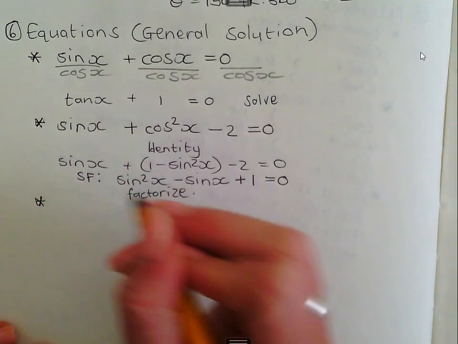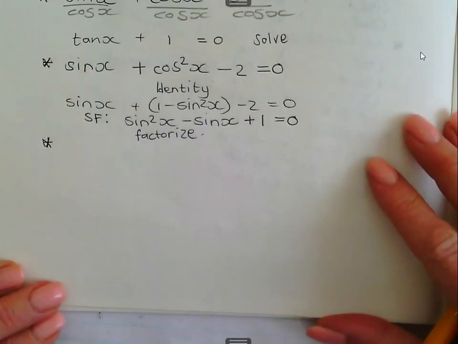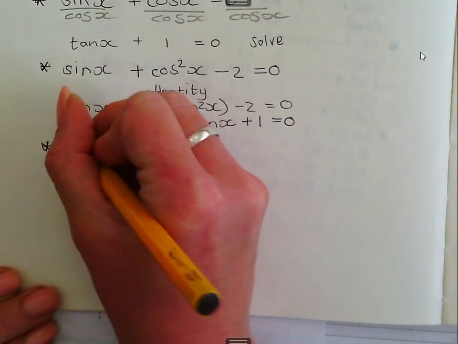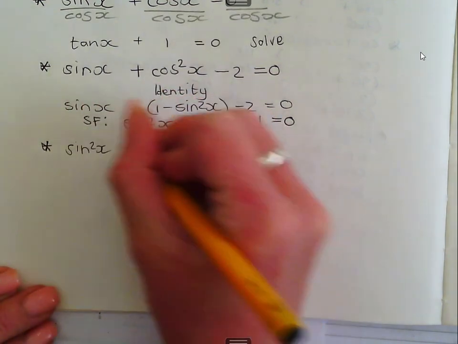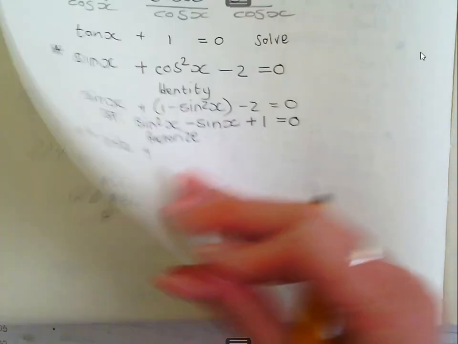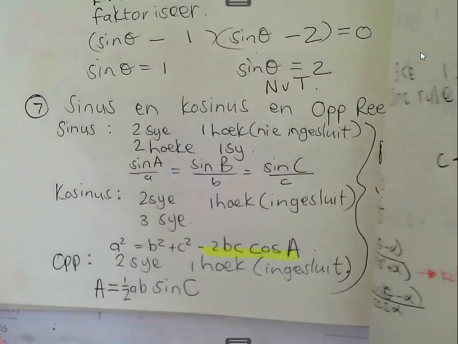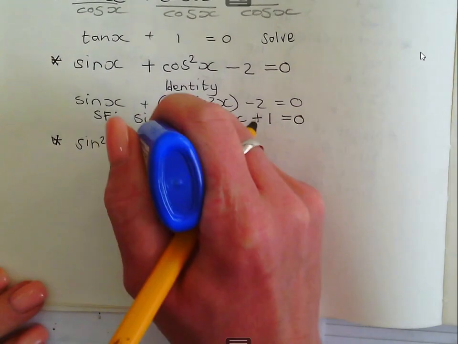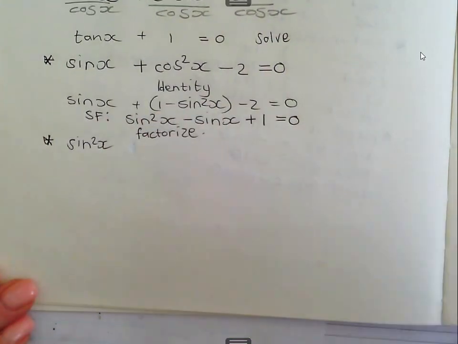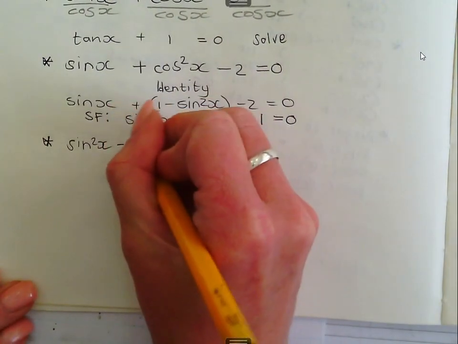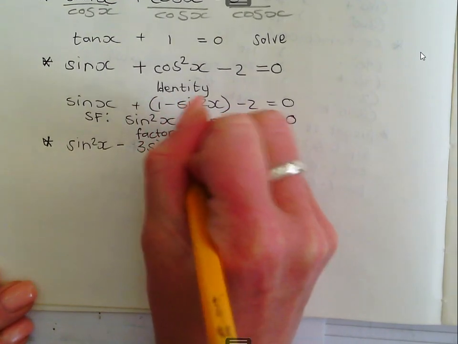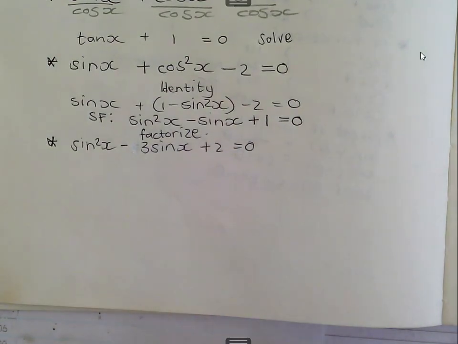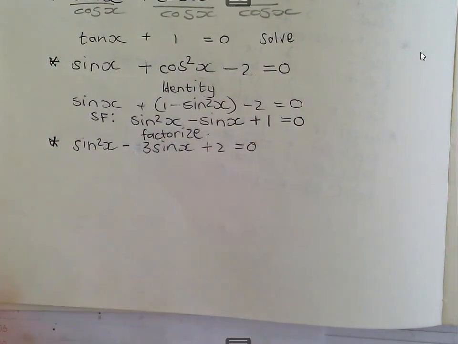The third thing that can happen, it's almost like the second one but easier. The one function is sin squared x. The other one is, for example, let me just check my example because it worked out. Let's just make it minus, sorry, minus 3 sin x plus 2 equal to 0. So now you'll see your functions are the same.